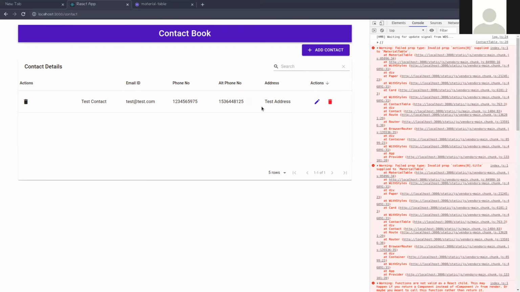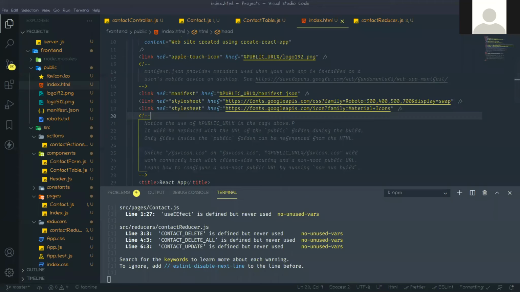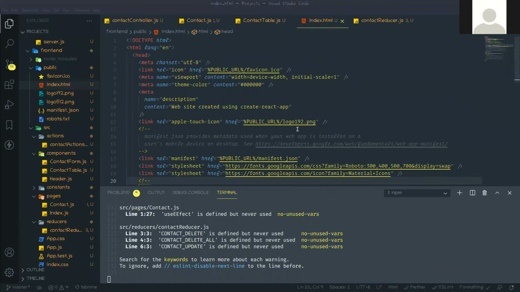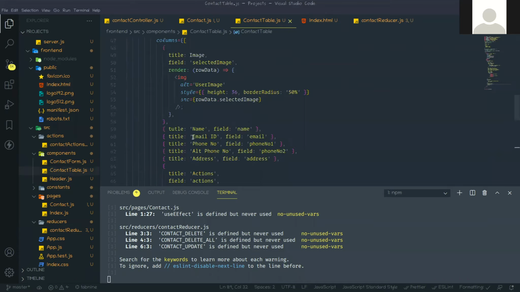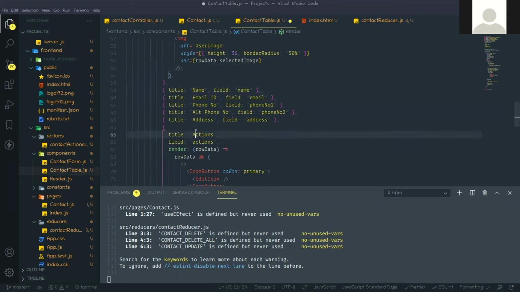Okay, the name has not been created. I will check, but this table looks like this, another action will come. So in this contact table, okay, that spelling mistake, that is title. Here you can say edit, delete.